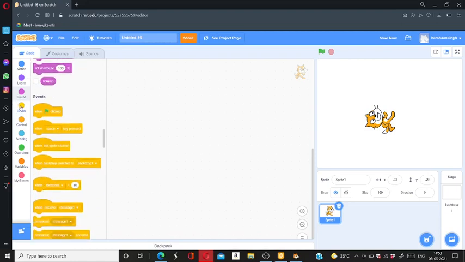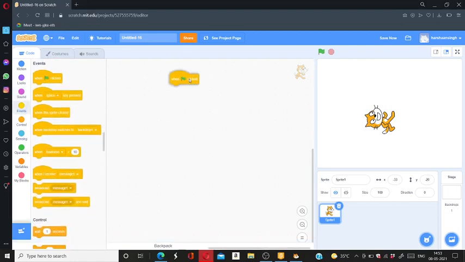The events. In events what you have is when this clicked. See, this side matches with this. So if we put this and enter the code down here, we can't put it up here because it doesn't have a part to apply it up here. So if we put the script down here, it will work if I press this flag.